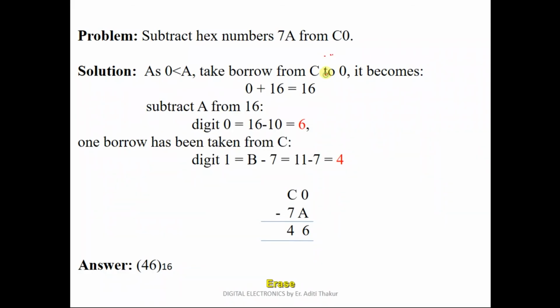So here is how we can perform subtraction of hex numbers. But what if you have to subtract a bigger hex number from a smaller one? That can be performed using the complement method, which we will do in our next lecture.